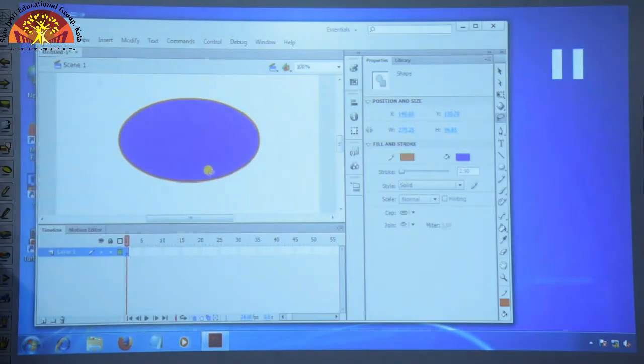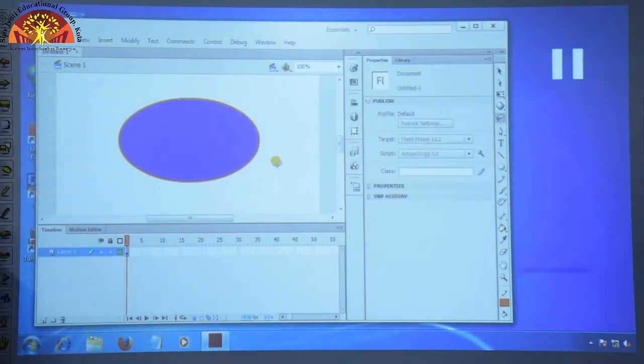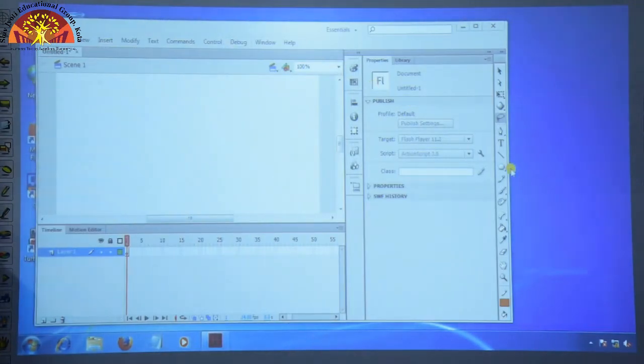So here you can see, students, when I draw the lasso shape, some area of the shape has been selected. You can see this area, okay students. So this is your lasso tool, which is a selection tool by which we can select any part of the image or the object. Now we will see the practical of the next selection tool, which is the sub selection tool.